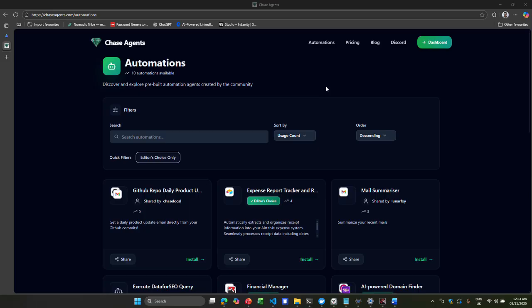The page I'm on right now is the Automations Marketplace, but before we get into that, let's answer the question, what exactly are automations? In Chase Agents you have the capability to automate your work with AI, and automations are a quick way to package your workflows into repeatable steps that you can run on a schedule or when